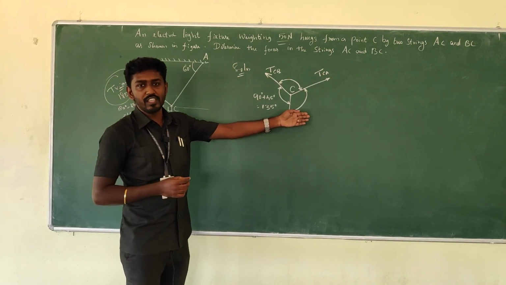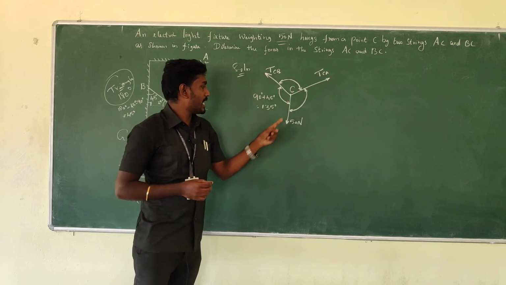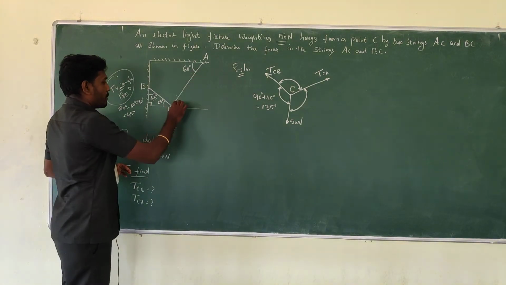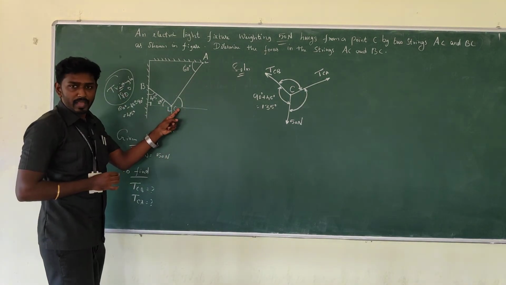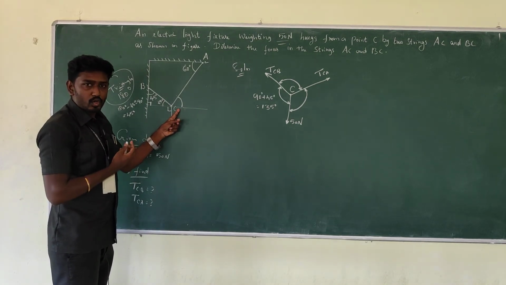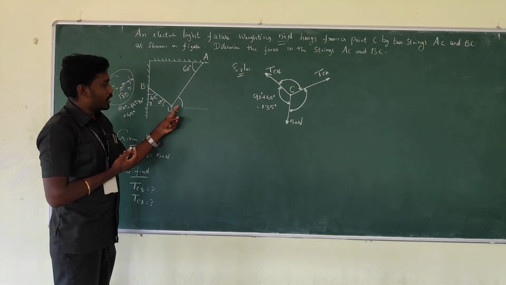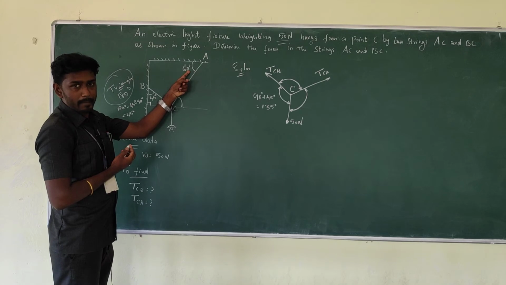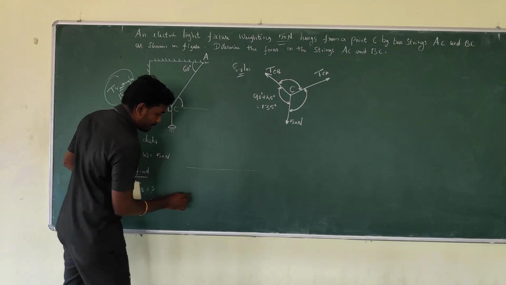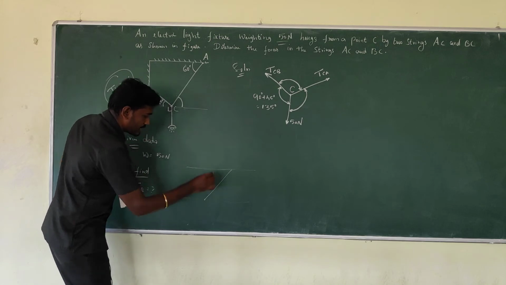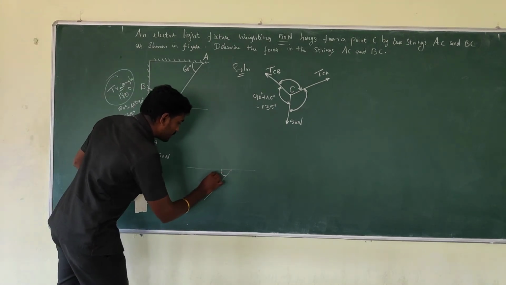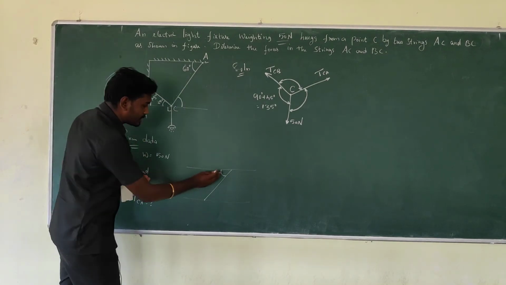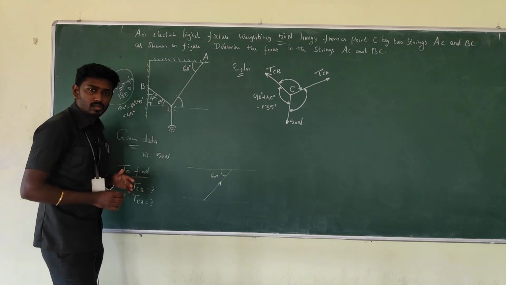Go to the next. We shall concentrate on the angle between TCA and 50 Newton. This inclination needs to be found. Any other clue to find it? We have a clue in the question. Here it is mentioned as 60 degrees. Always remember, if you have parallel lines like this and your force is something like this, and here it is mentioned as 60 degrees, always the parallel angles are the same. That means here the force is going something like this.